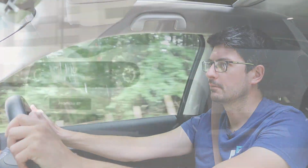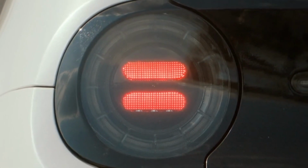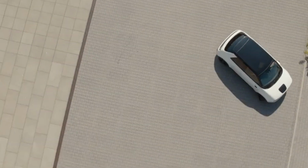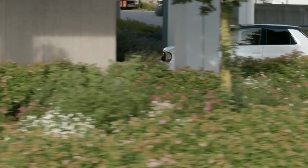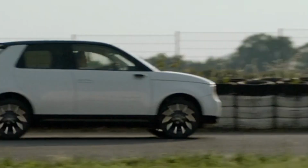This car would just take itself down under the force of gravity. But we've got a motor of just over 110 kilowatts in the Honda E, and that's turning out just over 150 horsepower. So there's quite a bit of punch to this as well. You're going to get the 0 to 100 kilometer sprint in 8 seconds flat. It's the 62 miles an hour. So look, it's not Model 3 performance fast, not even close,